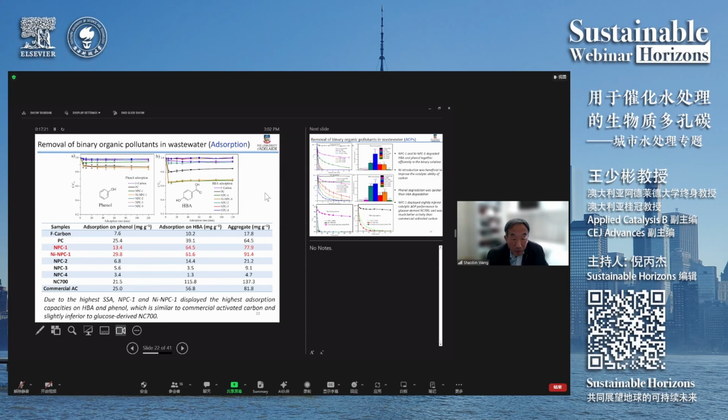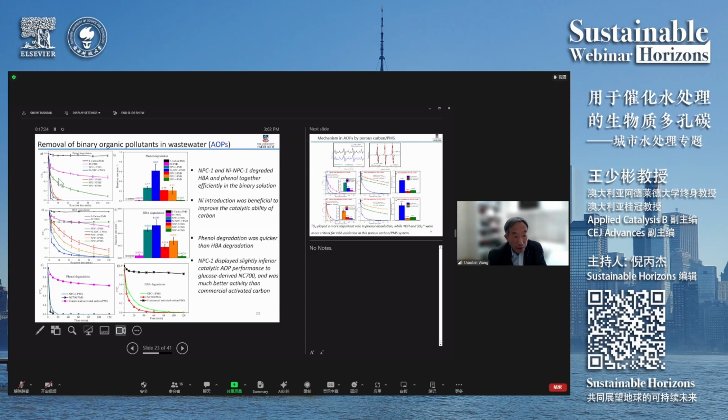And we can see from these results that, generally, for those two components of the systems, such a catalyst can still give very good catalytic performance. For the degradation of those components, it depends on the pollutant structures. And in this case, we found that in terms of the phenol absorption and also the other absorption, phenol absorption generally is not as good as the other,